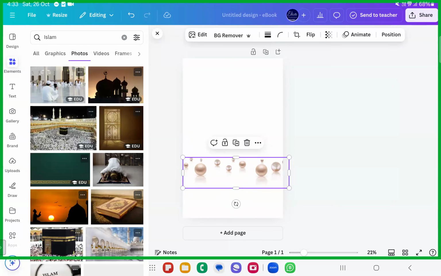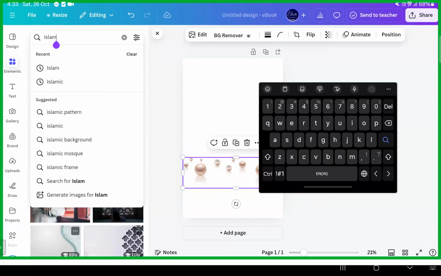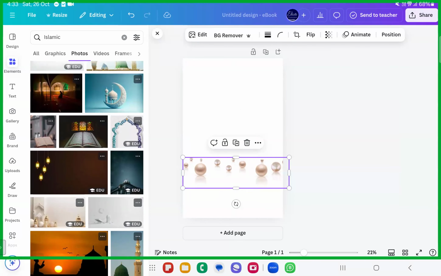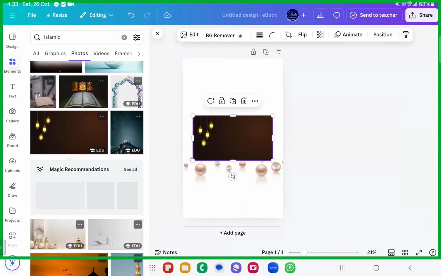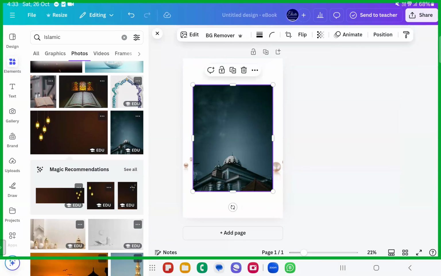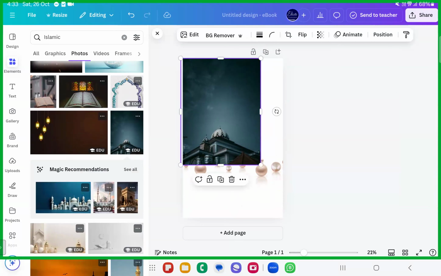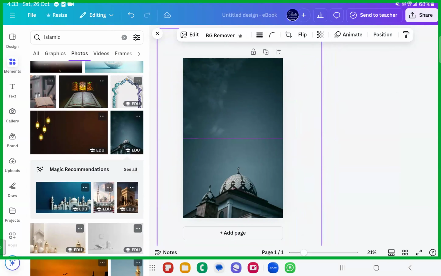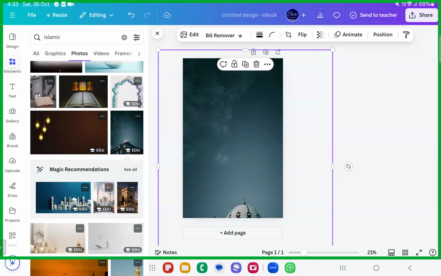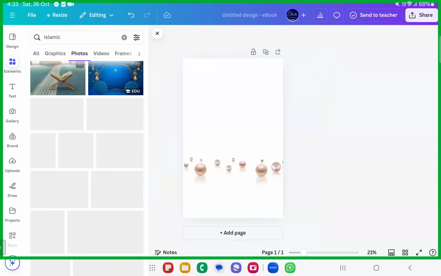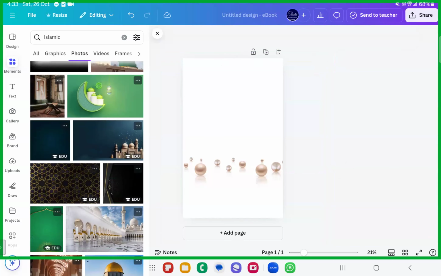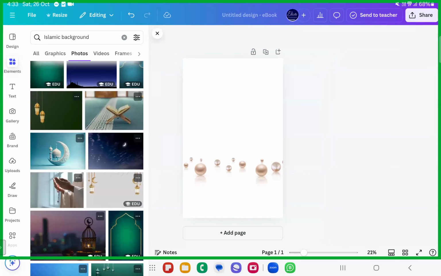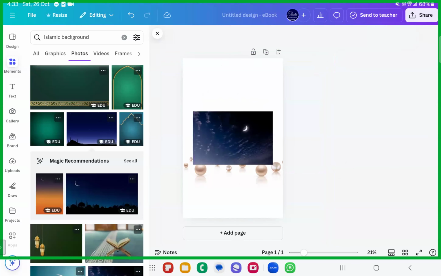Islamic background. So we'll see if you have beautiful Islamic backgrounds. Make sure it has something like these things, okay? Instead of this, let us just grab only this one. Whatever goes well with the Pearls of Wisdom feel, you can grab it over and put it on the frame. Islamic backgrounds. Let's see. Okay, I think we can just go ahead with this one.